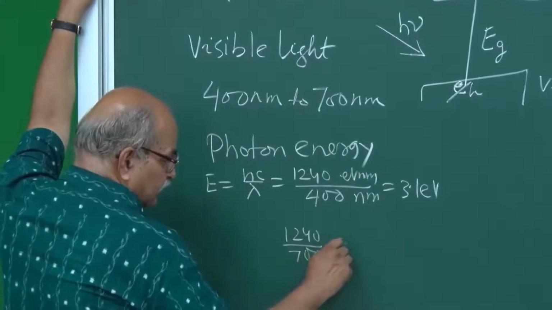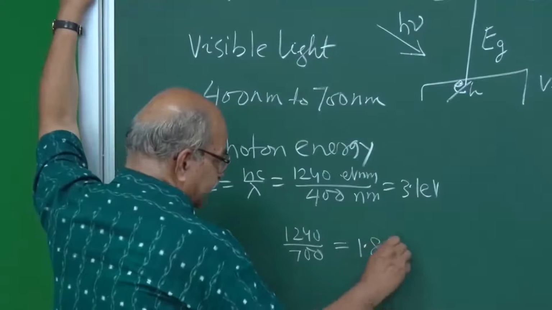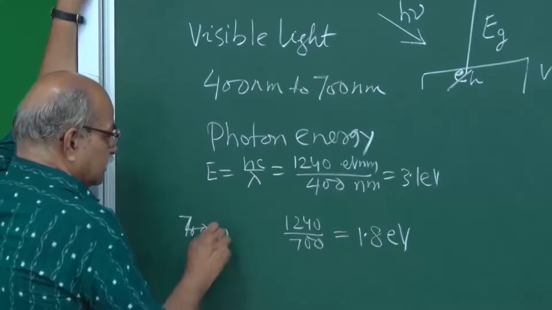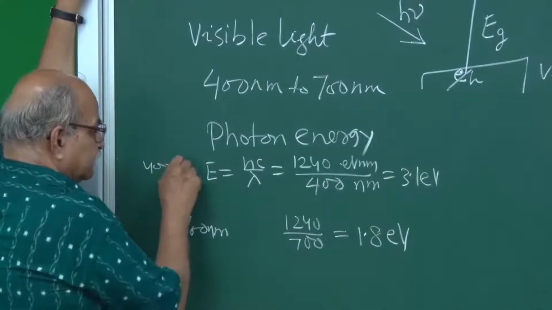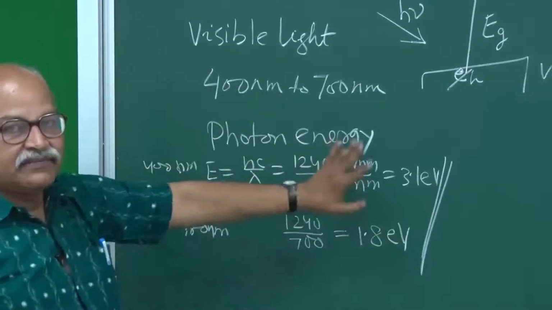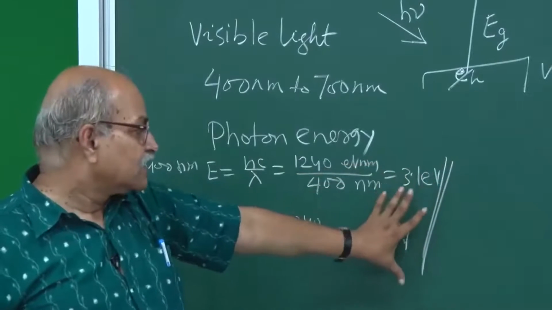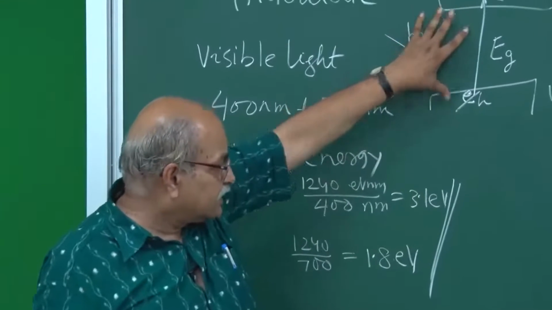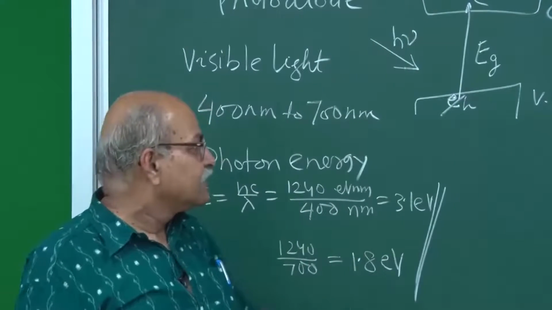So, that will be how much? 1.8, around 1.8 eV. Okay, so this is for 700 nanometer, and this is for 400 nanometer. So, the photon energy ranges somewhere between 1.8 eV to 3.1 eV or 3.2 eV, like that. So, this is the range. So, if the band gap is less than this, and if momentum conservation and everything else is satisfied, then